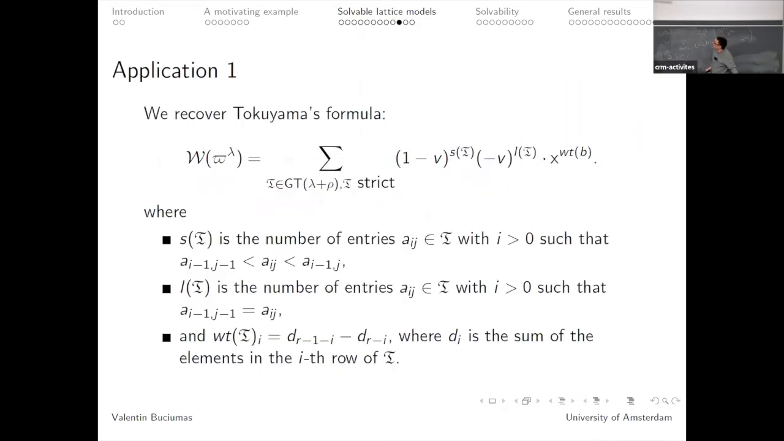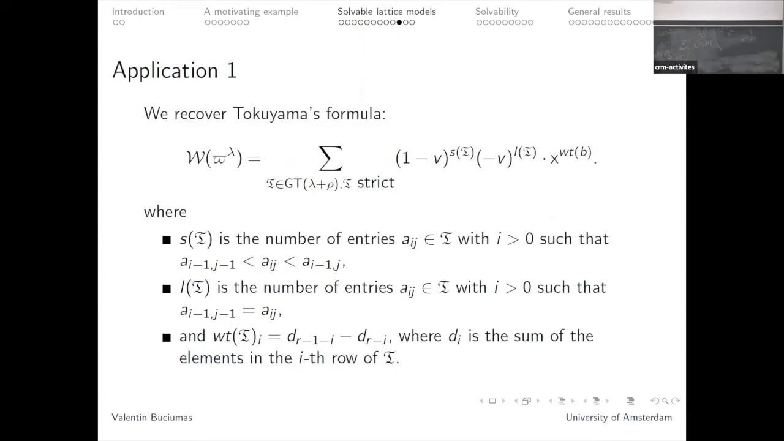We can do a few things with it. So I want to present two applications. The first is Tokuyama's theorem, or Tokuyama's formula, and the second is the Cauchy identity. So Tokuyama's formula says the following thing: that the Whittaker function is a sum over,